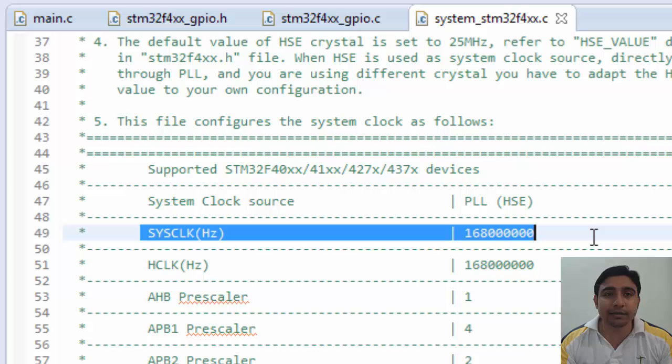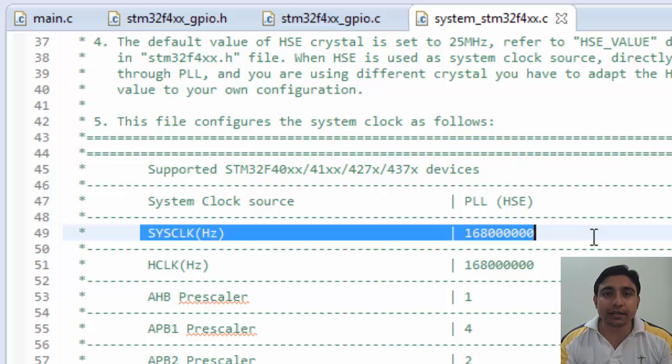This line is telling that the microcontroller is running on 168 MHz. That means our PLL configuration is saved in such a way that the PLL is converting the 8 MHz external crystal to 168 MHz, and thus our microcontroller is running on 168 MHz.